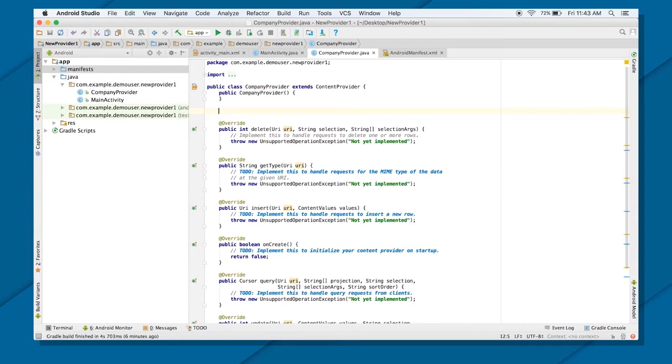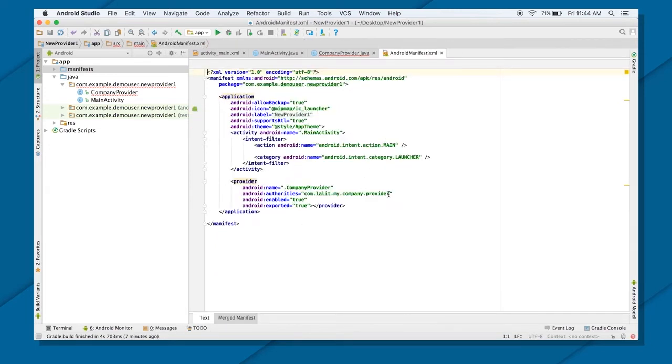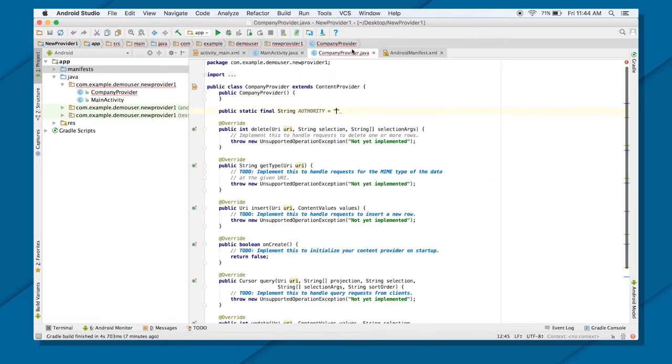So for that, I will be defining, let's say, public static final String AUTHORITY. The authority will be the same as what you just defined here. Just copy this, and there you go.